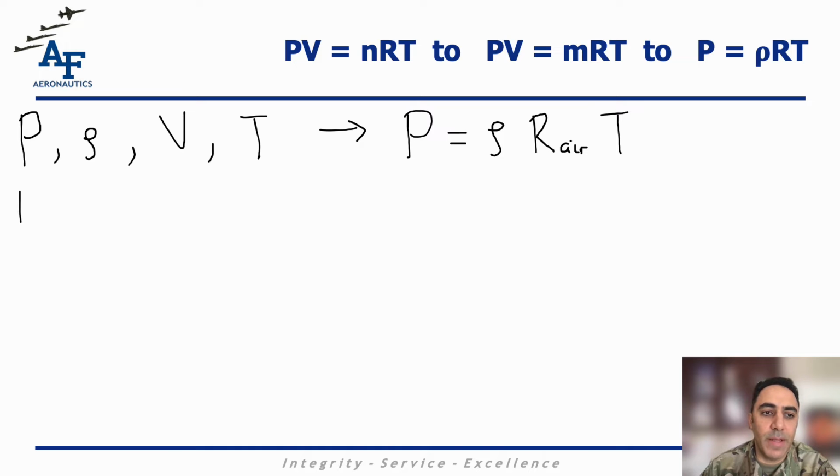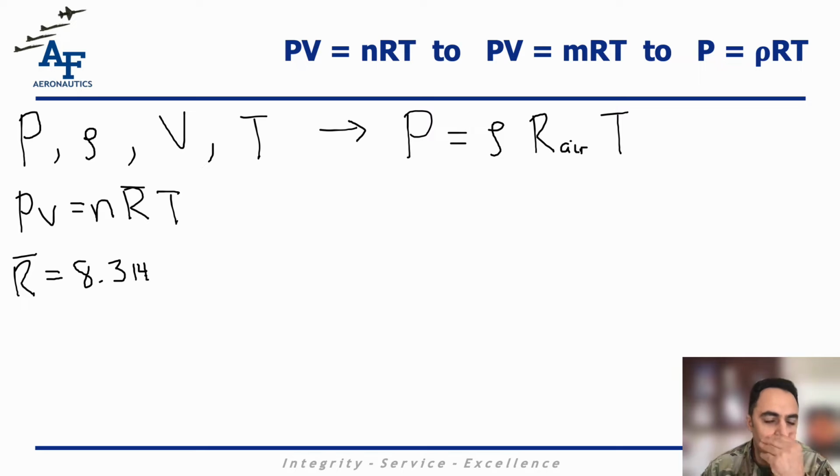You've seen it primarily as pressure times volume equals the number of moles times a universal gas constant, we'll say R bar, times temperature. Don't forget, temperature has to be an absolute, Kelvin or Rankine. So the way I like to do this, and I'm sure the chemists have a more elegant way of doing this, but in my engineering aeronautical mind, this makes sense to me, and I think it should for you too. I'm going to look at the universal gas constant, R, to begin with. R bar is